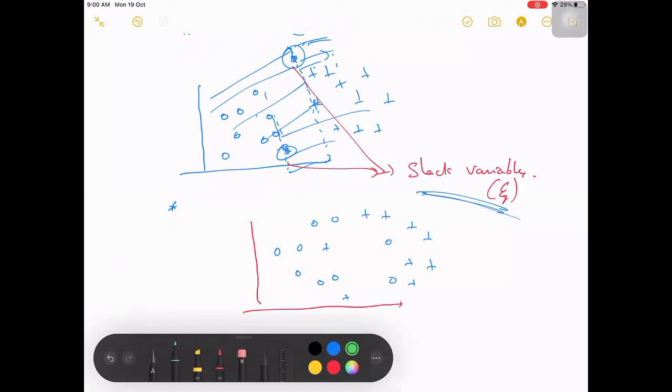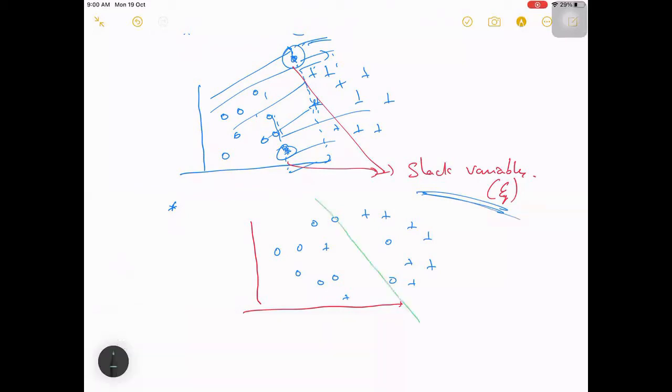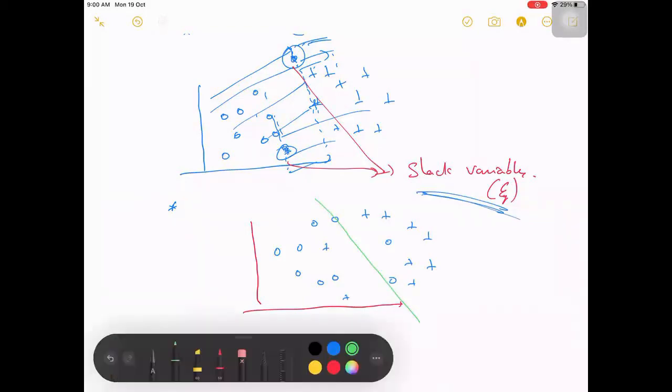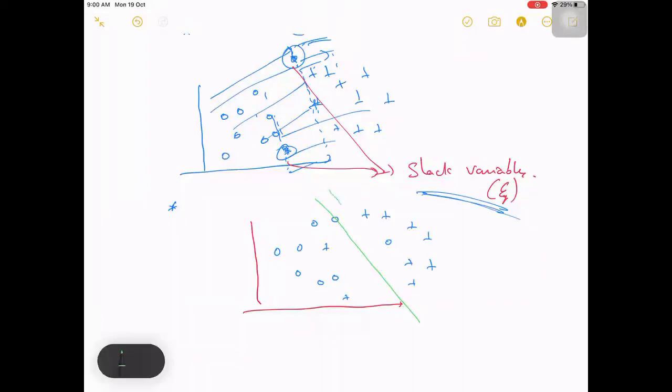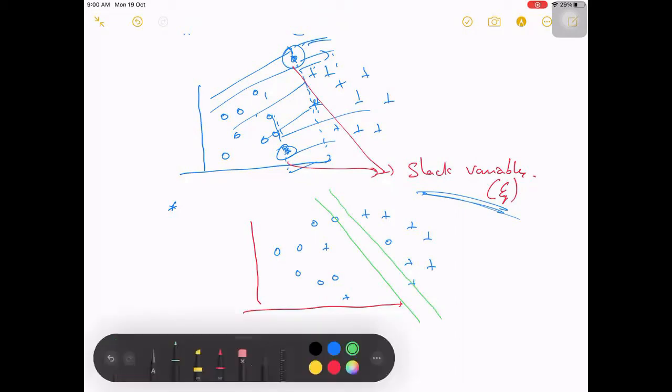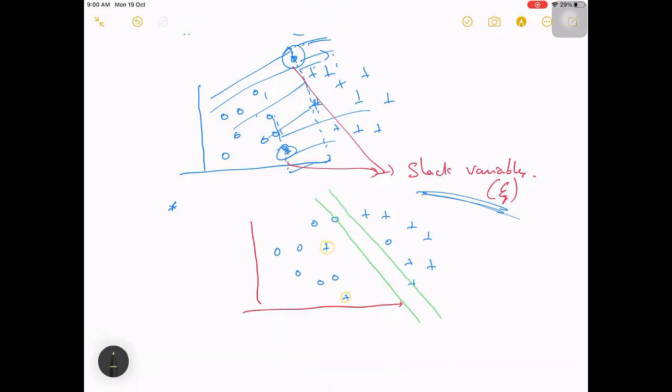So in this case, maybe this is a better separation margin here. Maybe that one as well, that is also fine. But okay, let me remove this. So this is a better represented margin here, and similarly for the other case, this will be the better represented margin, right? So you are actually ignoring these. This and this you are ignoring, and similarly this you are ignoring, for your margin. So these are called slack variables.